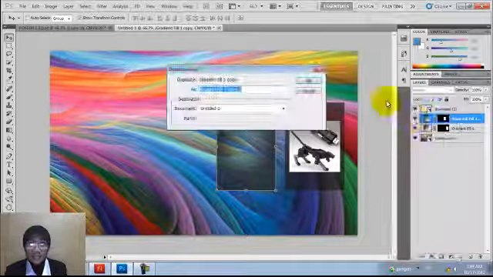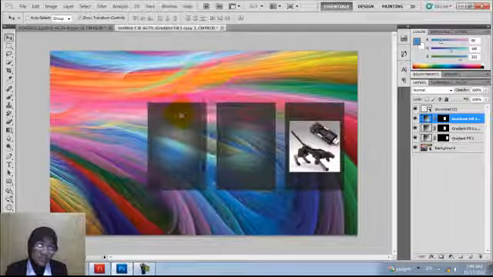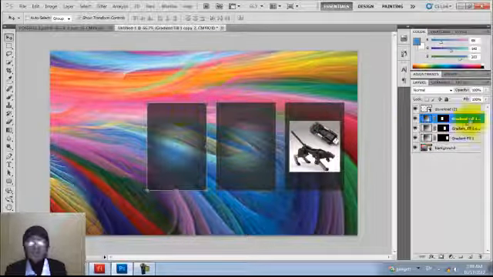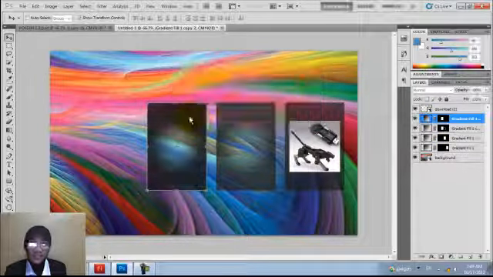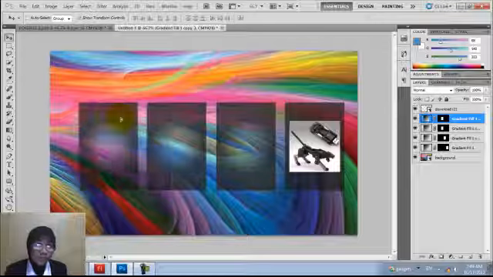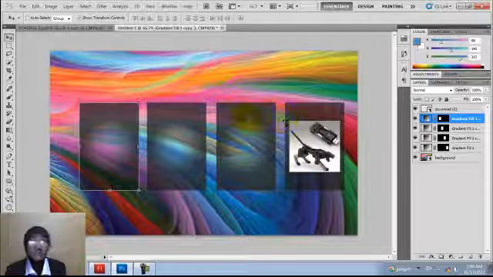Duplicate layer and then OK, and then move it to the left, and again duplicate layer, OK, and put it here. Easy, isn't it? Okay, now I want to put picture inside here, okay, but I want to put it here,